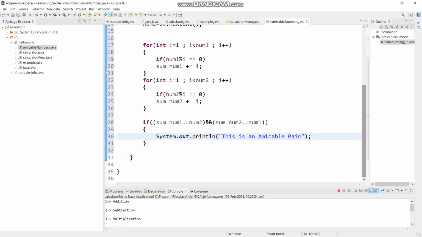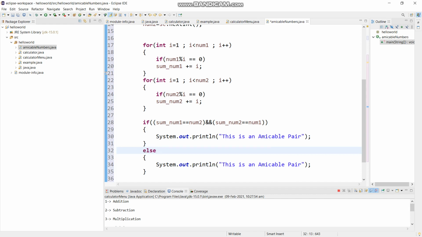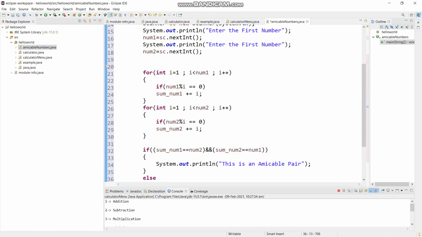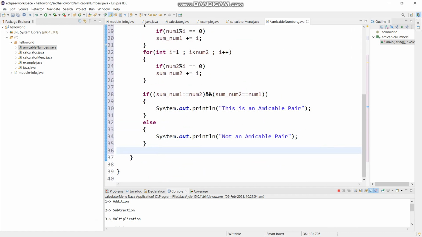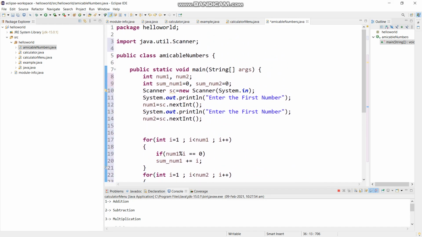Then I will copy this statement. I also need an else, because what happens if these are not an amicable pair? It would be else, not an amicable pair, by the println method. So what we did, we can understand again: we had two numbers and their sums.